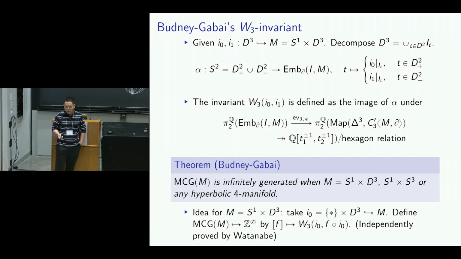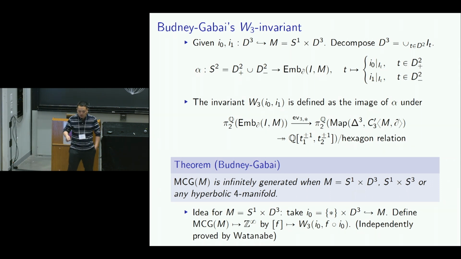So basically, it's defined by starting with this evaluation map from pi 2. As you can see, given alpha an element in pi 2 of the embedding space, we have this evaluation map to pi 2 of this mapping space. This is the mapping space between configuration spaces of 3 points. So this is delta 3, this is C3 prime. And then by